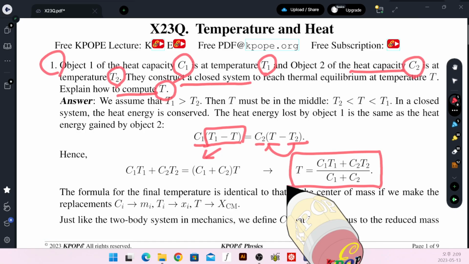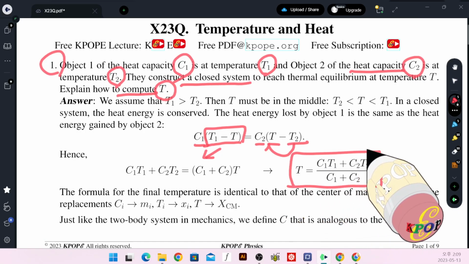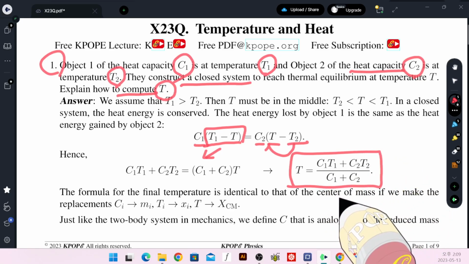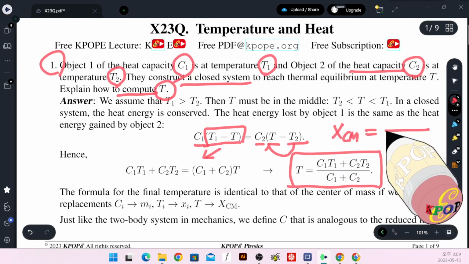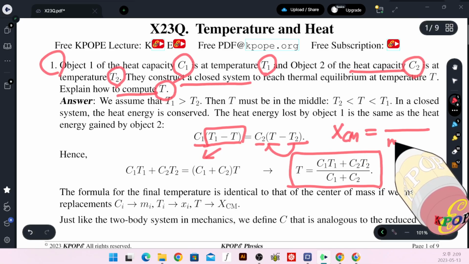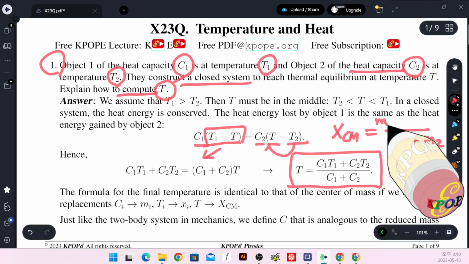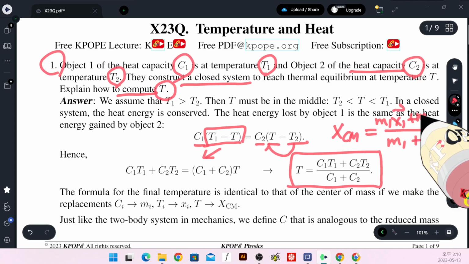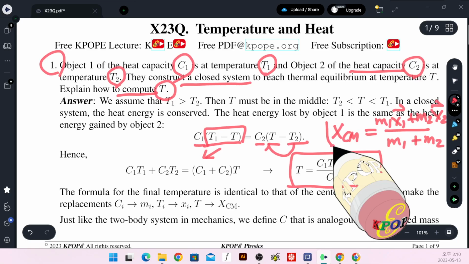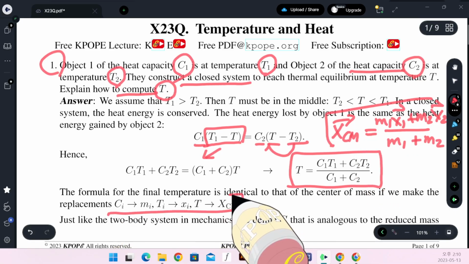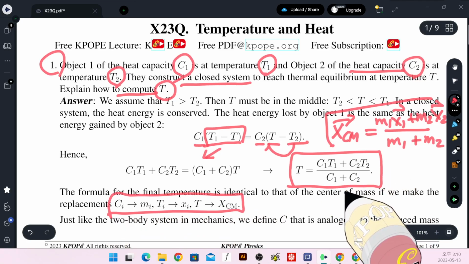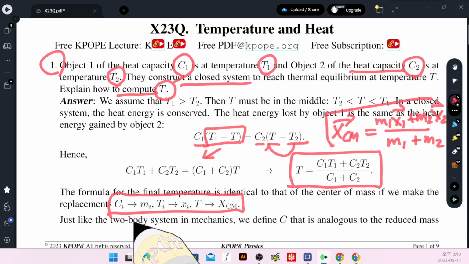By the way, we are very familiar with this kind of mathematical object. We remember the center of mass of a system of particles, a two-body system, then the weighted average of the position vectors is nothing but the center of mass. If we restrict ourselves to one dimension, then simple replacement of these variables, temperature, heat capacities, and final temperature,